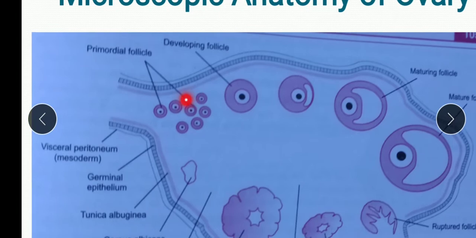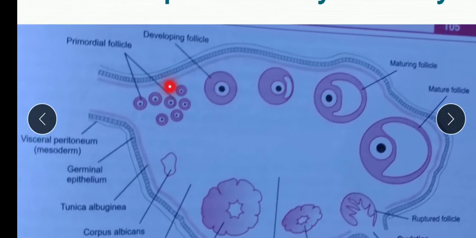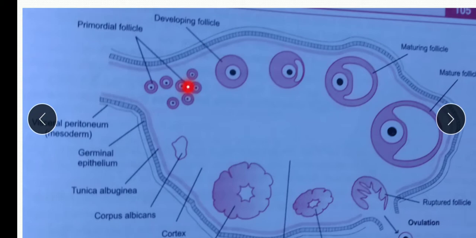Now all these follicles develop in the embryonic period. No fresh follicle is developed after birth in a female. They all develop during the embryonic period. Now in a non-pregnant woman of reproducing age, one of the primordial follicles starts maturation and forms the mature follicle, known as the Graafian follicle. It develops once in about every 4 weeks, and this 4-week period constitutes the ovarian cycle, which we call the menstrual cycle. We will study it later on.